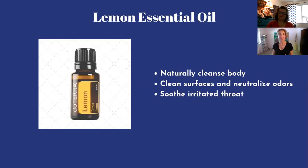Again, this is one of my favorites for flavoring. Sometimes, I don't know about you, but grating lemon zest for recipes is sort of annoying. It's sort of a hassle. It's not that hard, but it's so easy just to add a drop of lemon essential oil, which comes directly from the rind of the lemon. And so it's great for not only flavoring foods and beverages, but it also is a natural cleanser for your